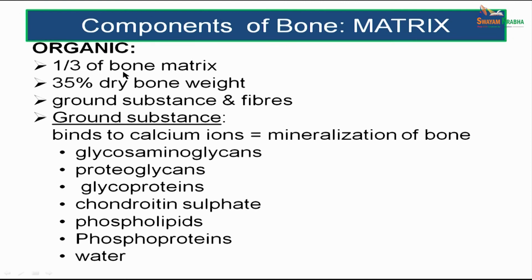Now we come to the organic component. It is 1/3 of the bone matrix or 35% of dry bone weight. It is made up of ground substance and fibers. The ground substance helps to bind the calcium ions, that is responsible for mineralization of bone. What does the ground substance contain, or what is the ground substance made up of? It is made up of